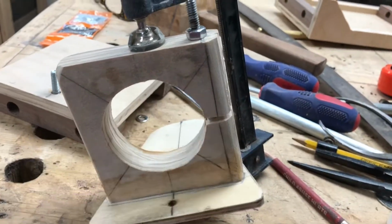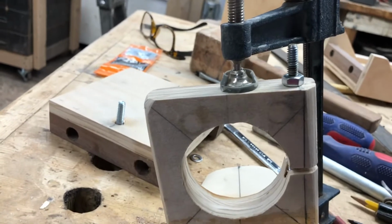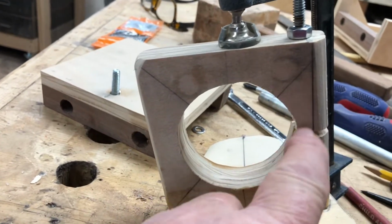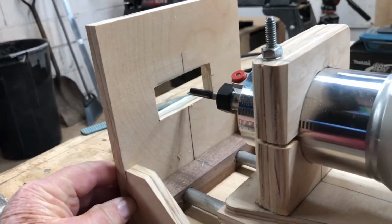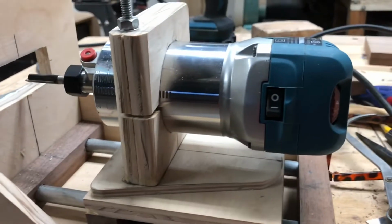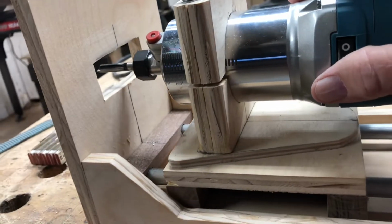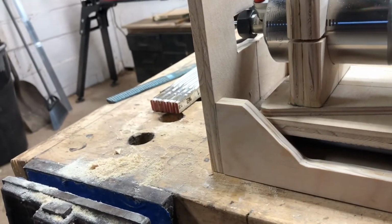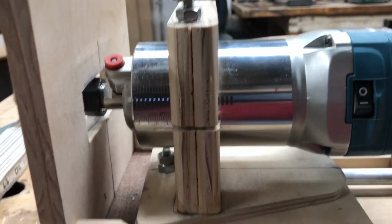I've got my hole drilled out for the router, and I got a bolt that runs from the bottom clear up through, and that's going to be my clamping bolt that can tighten down right here around the router. Well, we've got this figured out. Learning where to place the router is important. When you slide this forward, I just want that nut to just go to there, and we don't want it to protrude out. We may even reposition it back a little bit further. Okay,